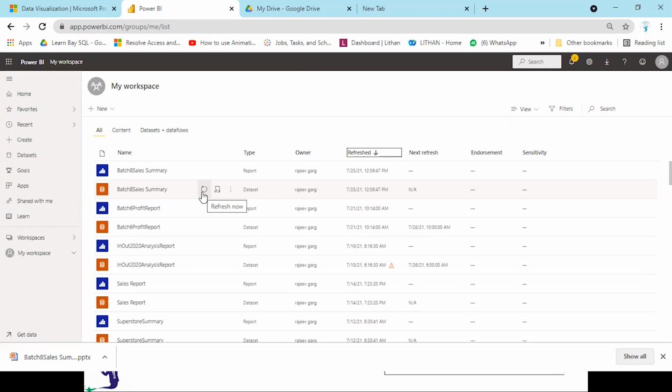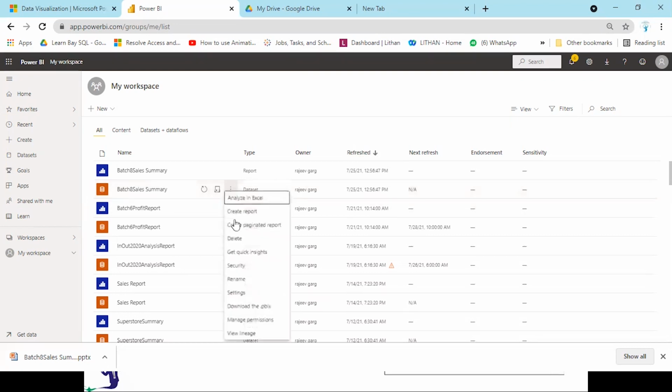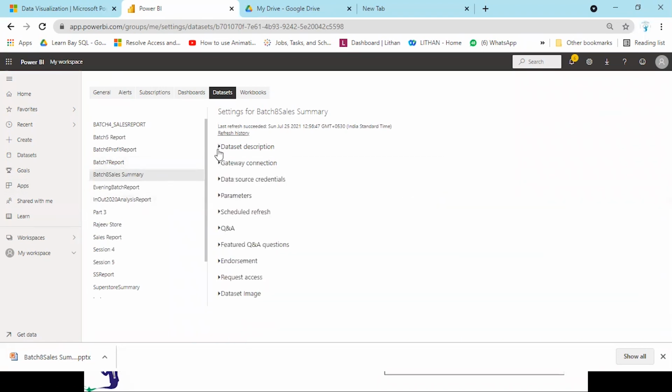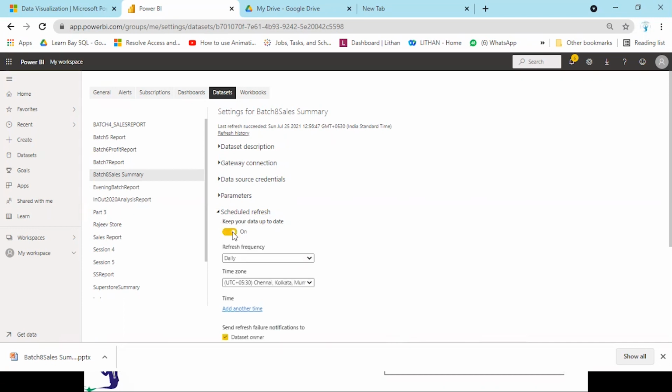The next thing which we can do, even if you don't want to click on this refresh button, we can schedule the refresh. So again, I will go to the settings of this data source, and here is an option called schedule refresh. Keep your schedule refresh on.